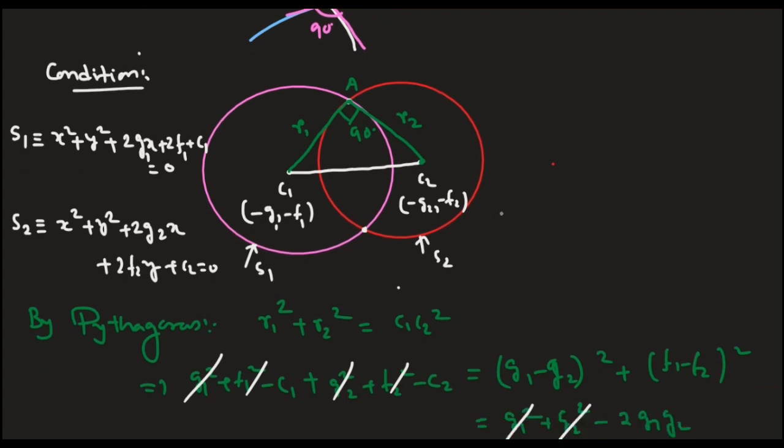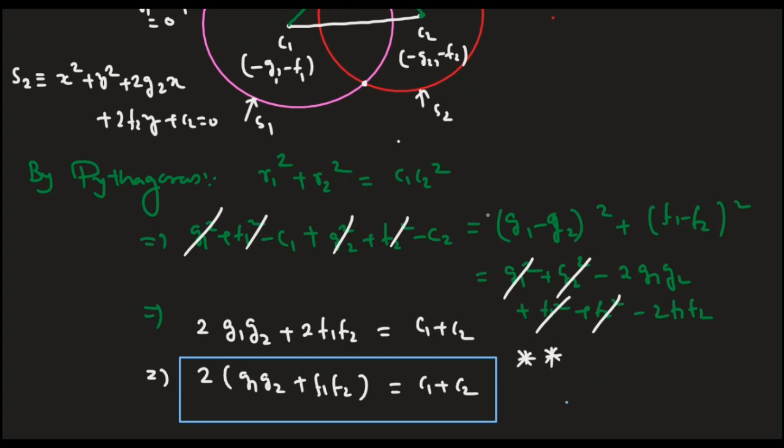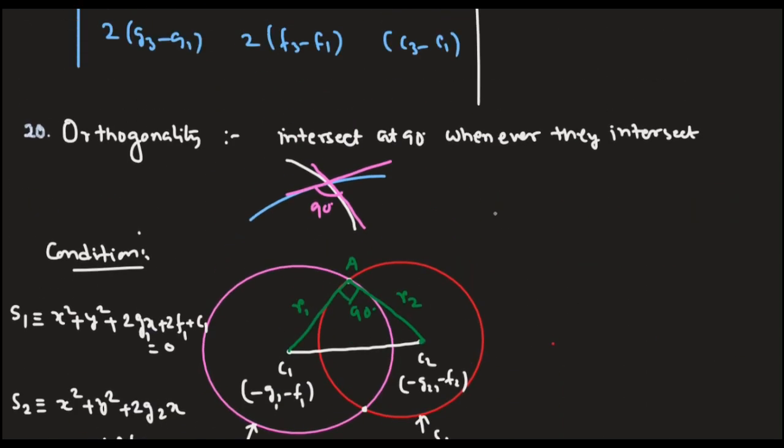And now how can we find the condition? We apply Pythagoras theorem here: radius square plus radius square equals the distance between the two centers square. From here we get the condition 2 times g1 g2 plus f1 f2 is equal to c1 plus c2. Okay? So now we are moving to the last part of this topic, that is called pole